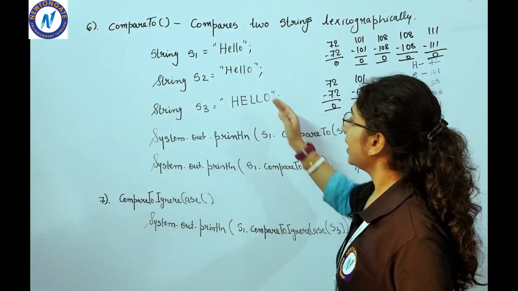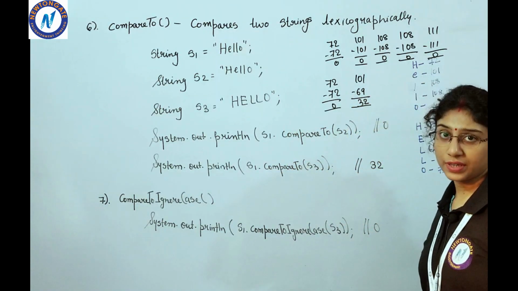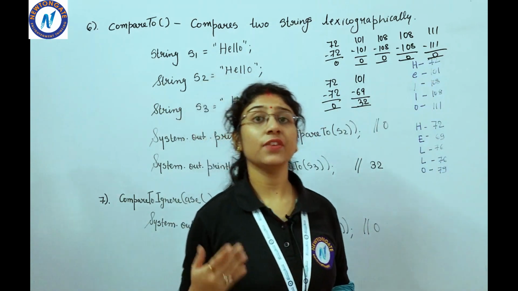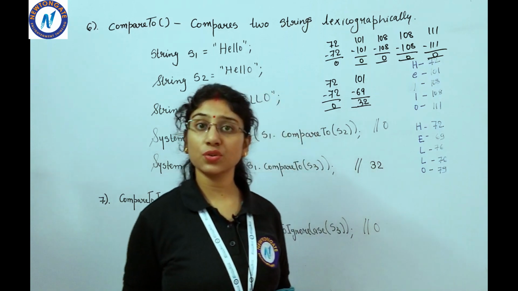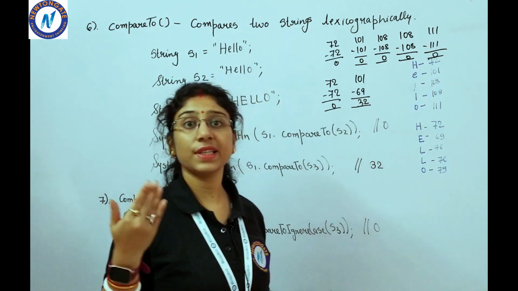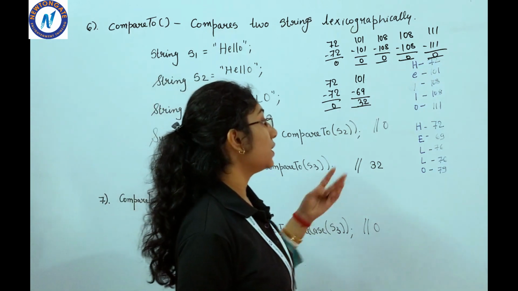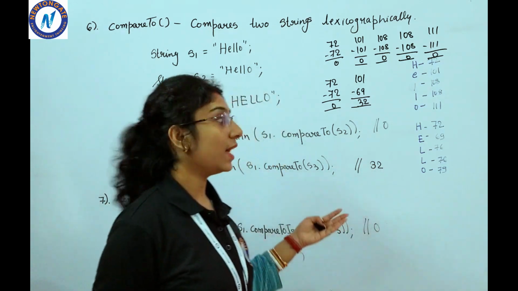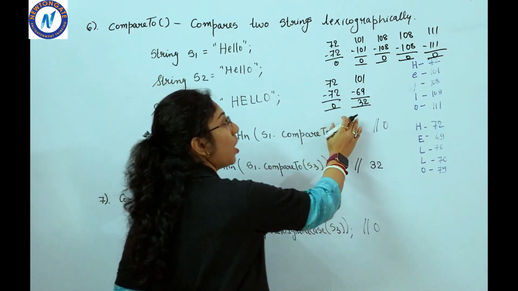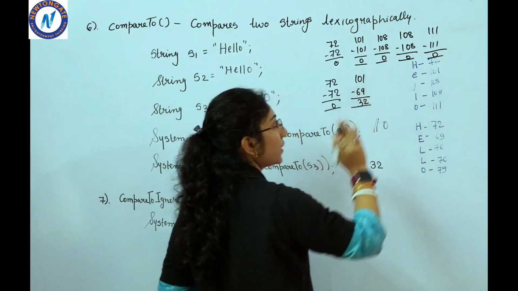This is the way the compareTo function works. It will return an integer type of value, either positive, negative or 0. If both strings have the same cases and characters, it will return 0. If there's a difference, then according to the difference it will generate the output. Right there the execution stops and it will not check the rest of the characters.